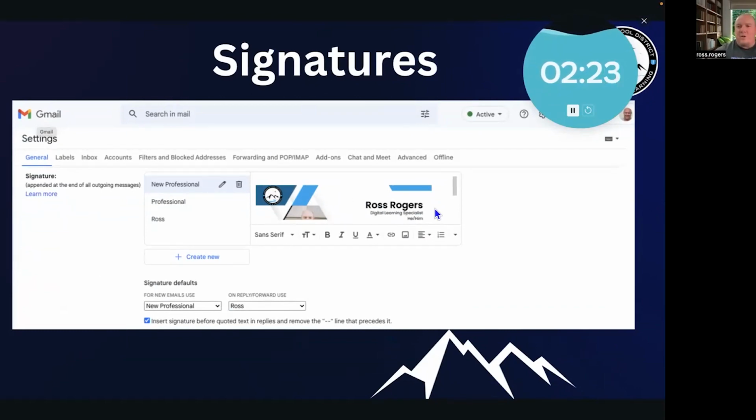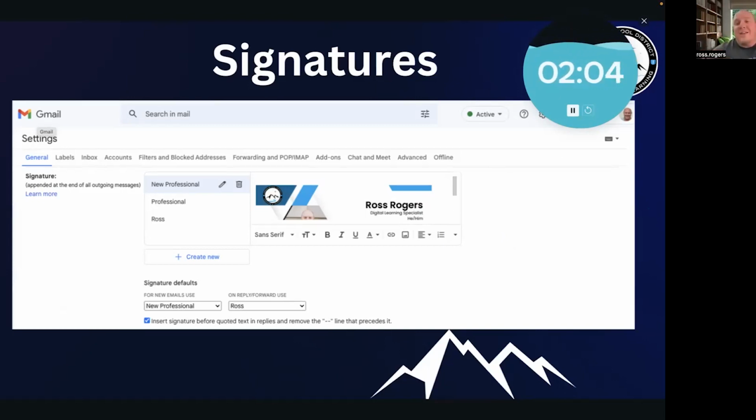Is my pointer not showing on the screen? Oh, it's showing. Okay. Your pointer won't show, Ross. If you want me to point somewhere, I can point. But okay, you can advance the slides with that link. I have that open. It's not advancing when I do it. That's just a little slow.